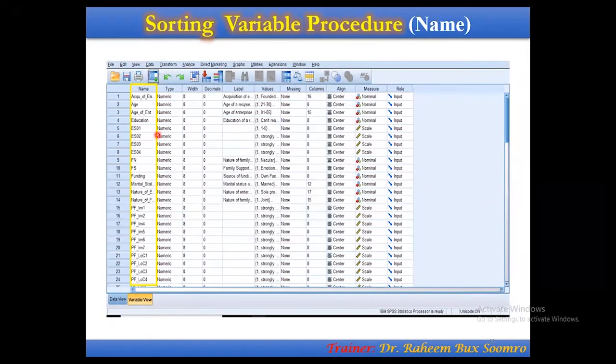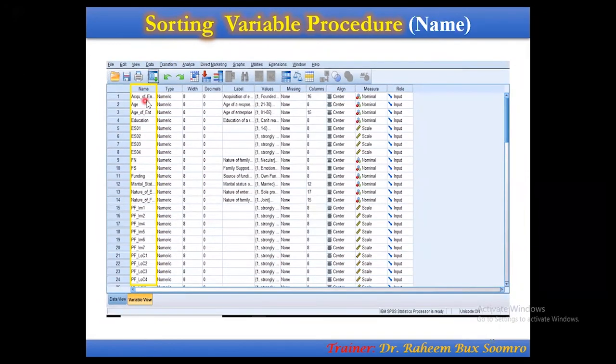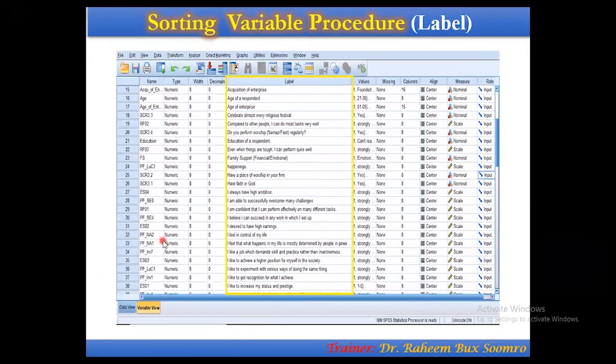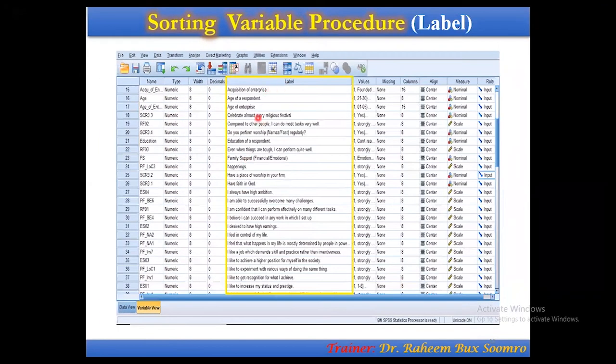And then you see, after we selected the Name here, we wanted to sort in the ascending way. Then you find how this column has been sorted in ascending way, and the alphabetical order A is on the top of this one, and then B, C, D, and the remaining are at the bottom. After this we are working on the Label, and the same thing is there. Now you see the labels have been arranged in ascending order. A comes at the top and I comes at the bottom.